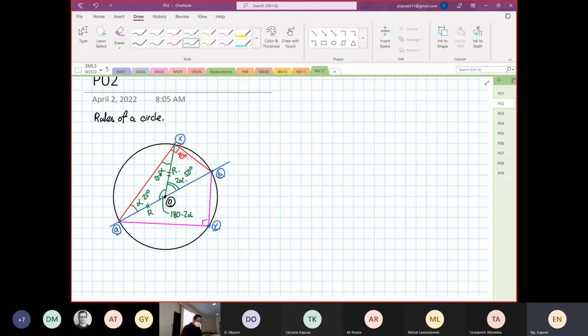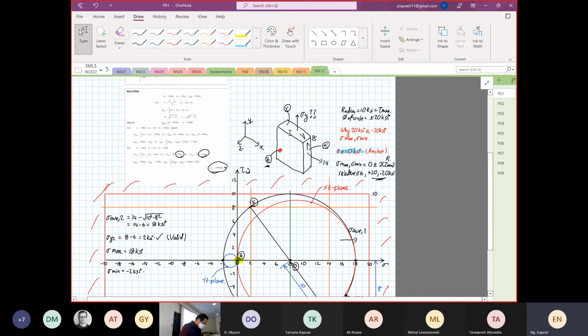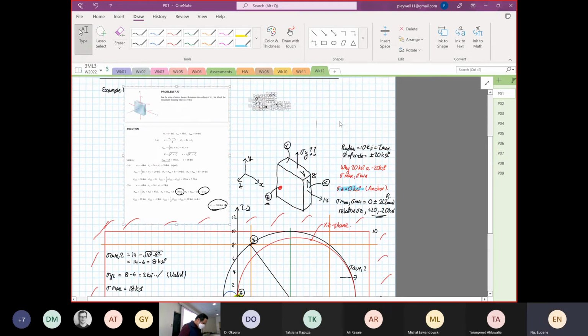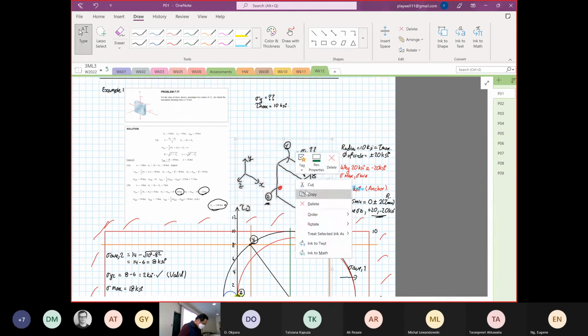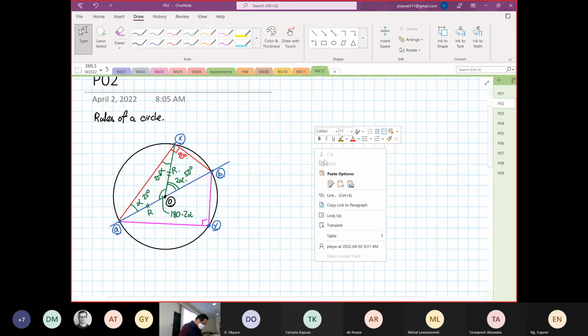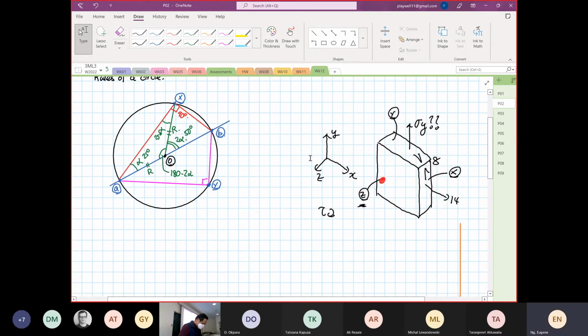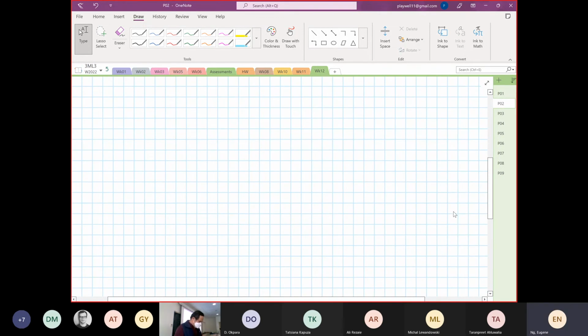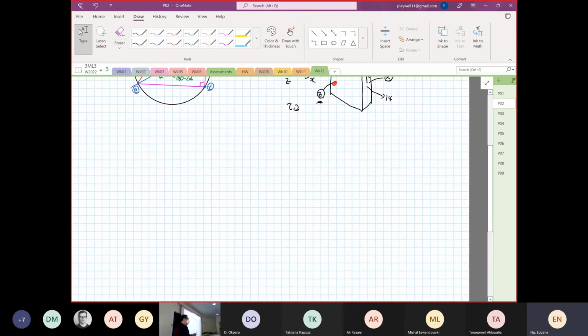Okay. So I'm going to take this image over here. Okay. I'm going to take this image. Then we are going to construct more circle again. I'm only going to draw half of it. Okay. I don't need to use the other half. I don't waste your time. So we are going to start from